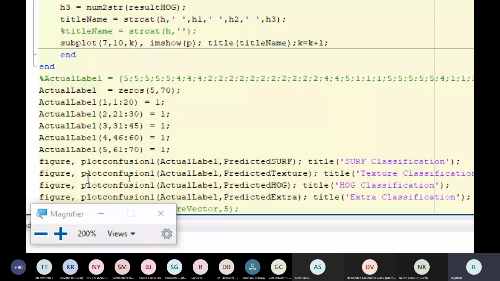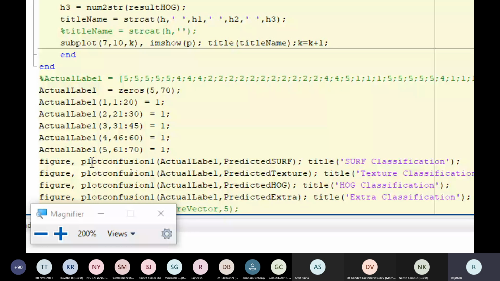So actual labels, predicted labels, suppose I'm testing for 10 images. For those 10 images, I have predicted the classes and I know exactly what the actual labels are. Then I have used a function called plot confusion matrix.